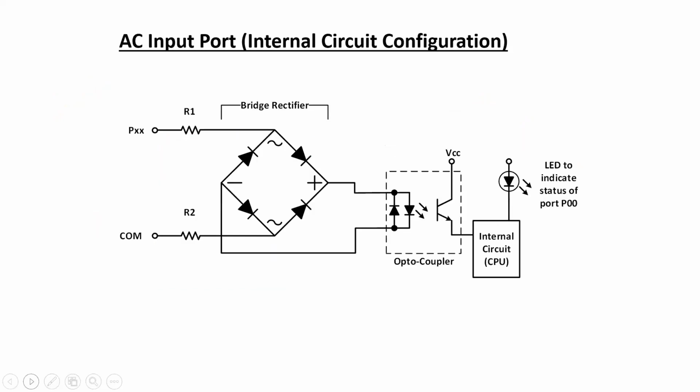Now, for an input port, in order to support AC signals, there has to be a slight modification in the internal configuration, which is that between the port and the common terminal, a bridge rectifier should be there, which would rectify the AC signal and send the corresponding DC output from the rectifier towards the optocoupler, and the rest of the